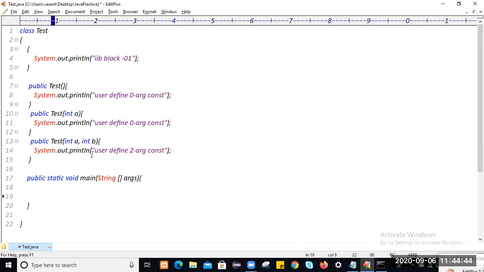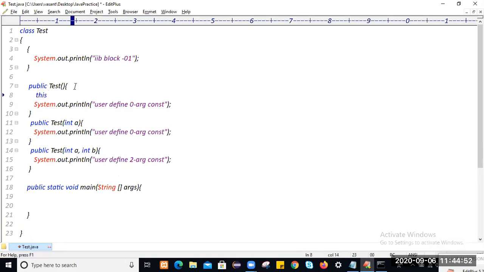The number of objects you create, that number of times the instance block will get executed, not on how many constructors are executing. You are using this keyword to call same class constructor as the first statement. This is called a constructor calling statement.